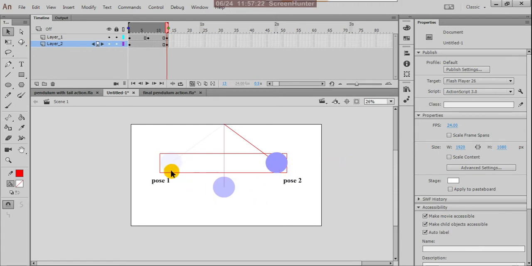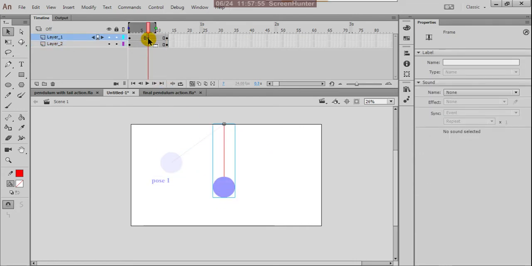Okay, so it swings in an arc. Both these keyframes are important for this action, but with only these two keyframes you are unable to create the actual pendulum action. Okay, so this middle frame is very important.